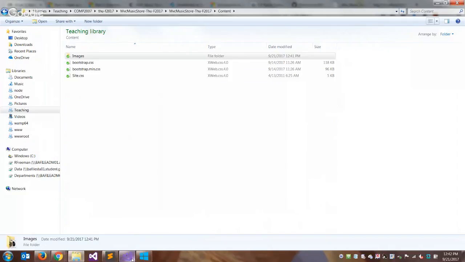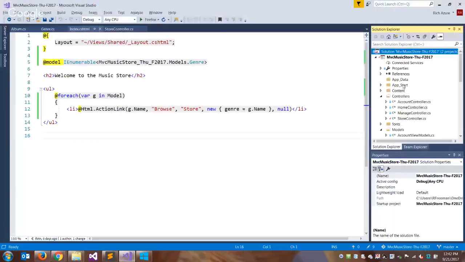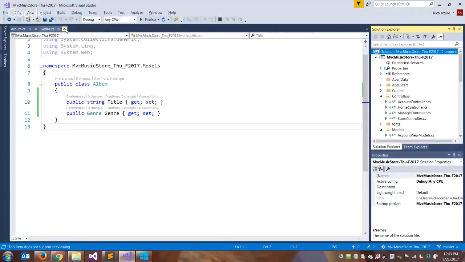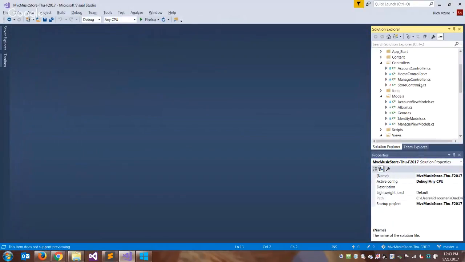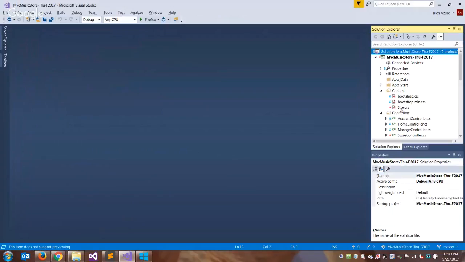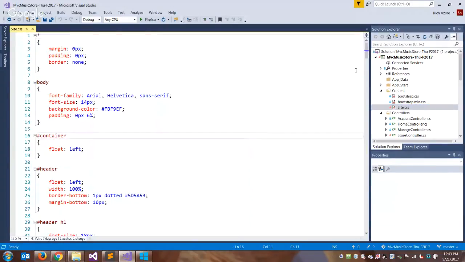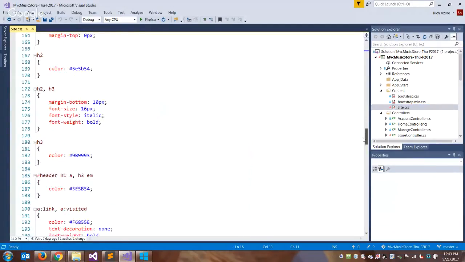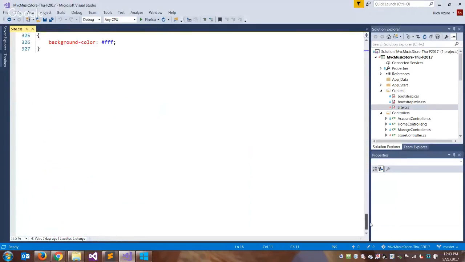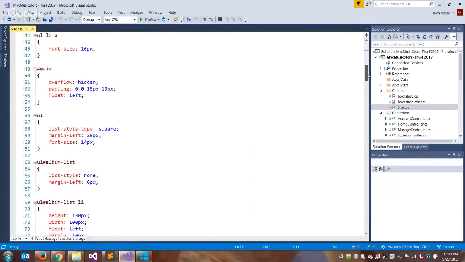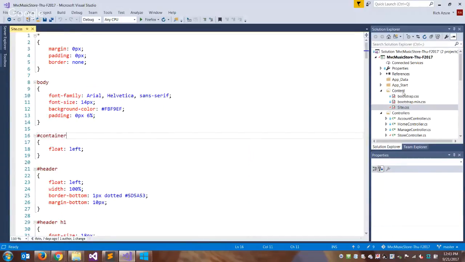Now, if we go back to Visual Studio, just close these up. If I expand the content folder, here's our site.css. So this is a lot longer than the one Visual Studio built. So it's got some more styles here, as you can see. Notice we don't see the images subfolder. So when I look in my Windows directory tree, we have an images subfolder in content. It doesn't show up in Visual Studio. We want to add it